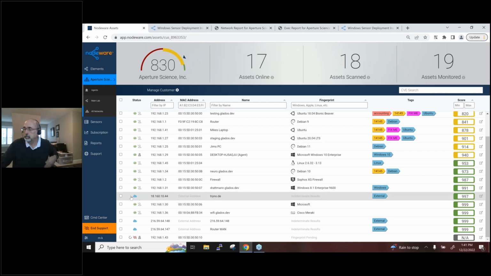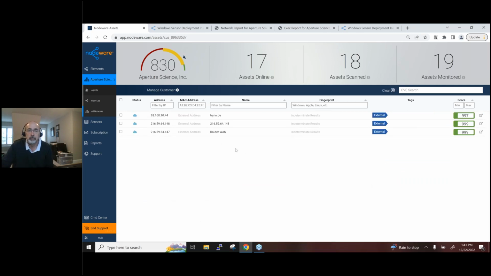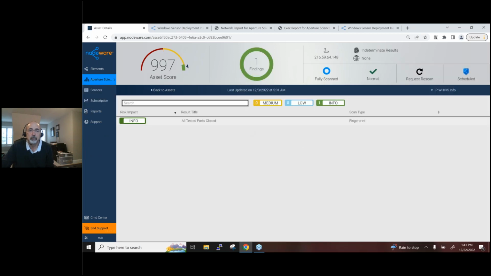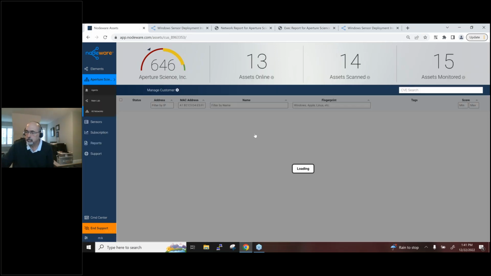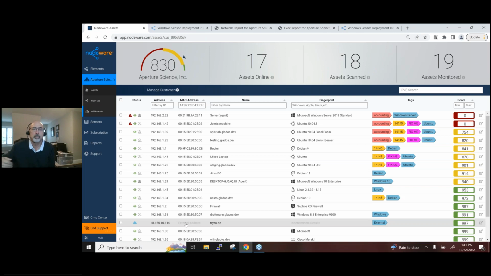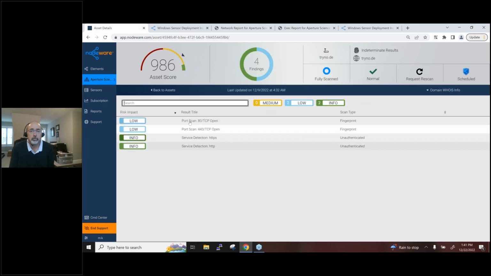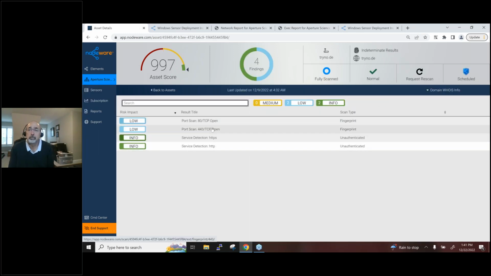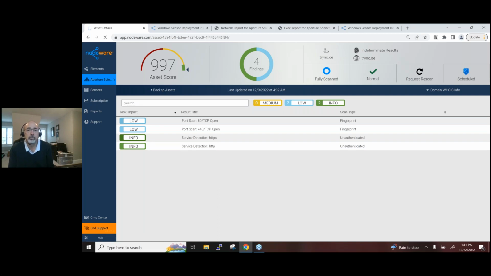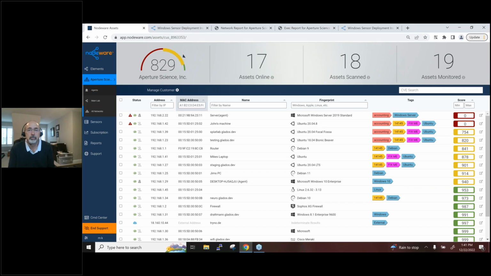Here you can see external is identified by a cloud icon. If I click external, here are all my externals that I've submitted. Here's the IP, the 999. Chances are it's going to say all ports tested are closed. That's ideal, right? That's perfect. But let's see, this one probably has something. This one's shown as port 80 and port 443 open. Not anything major, especially if it's a web server. That's pretty good. But this allows you to scan not only your internal assets, but your external assets as well.